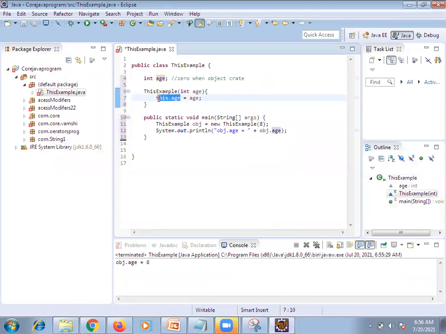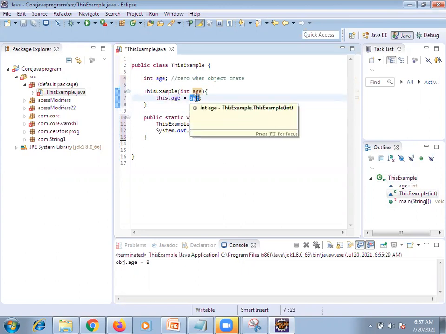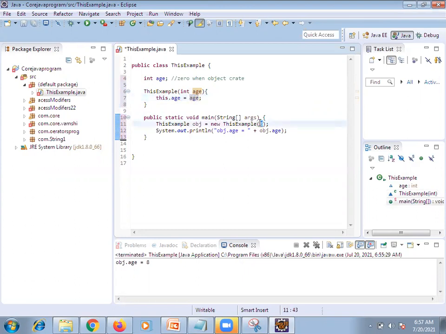Got it, Vamsi? So we are telling the JVM while loading the data that you need to consider this as an object variable or instance variable. This is for the assignment variable which we are passing through the parameterized constructor. Got it? Yes. Or else a conflict will come, and it will take it as an instance variable.